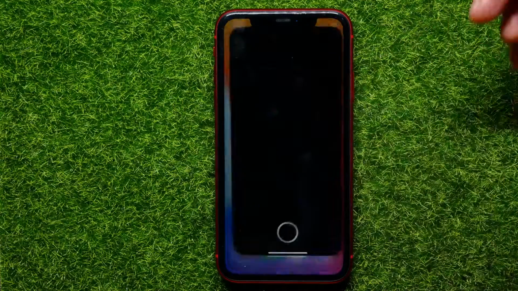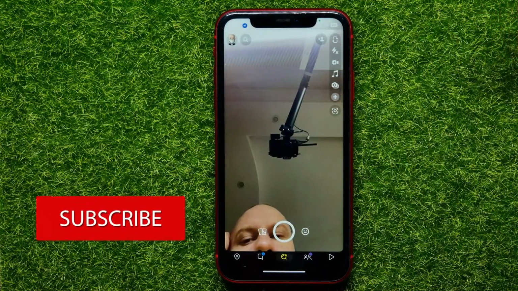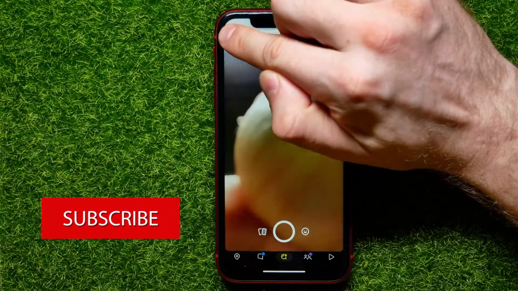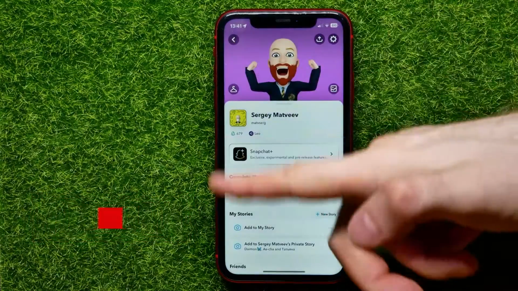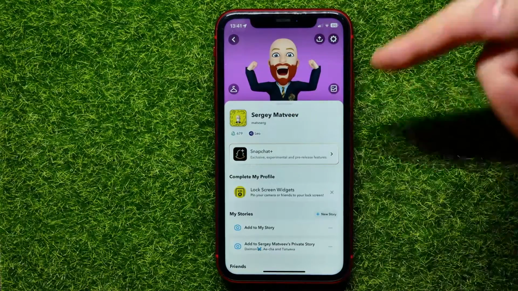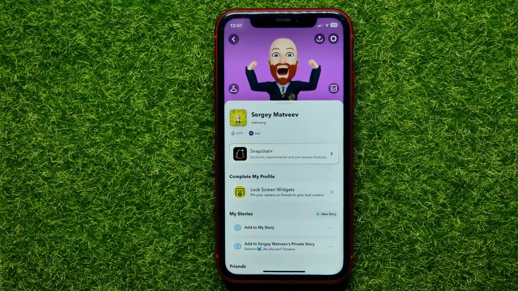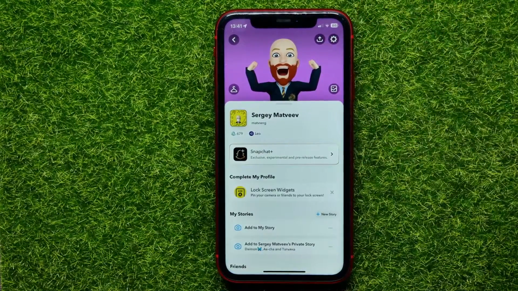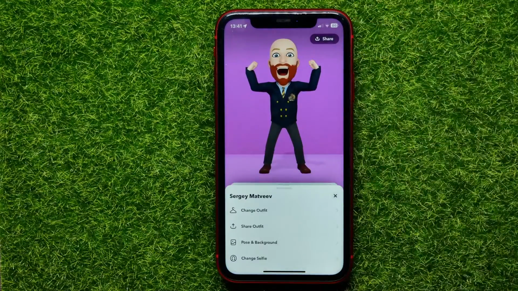First, open up the Snapchat app and then right here at the top left hand corner hit your Bitmoji to bring up that screen. Now here at the top you can see your Bitmoji and that kind of pink background. In order to change the background, all you have to do is tap your Bitmoji